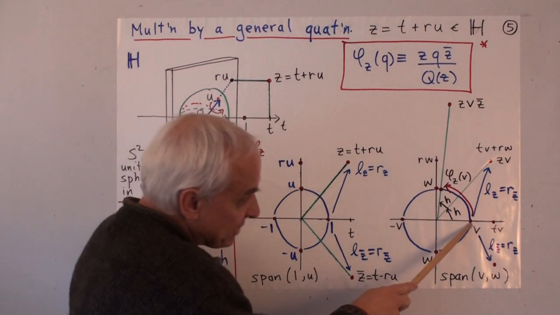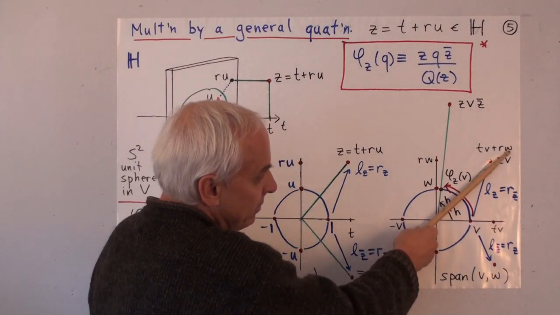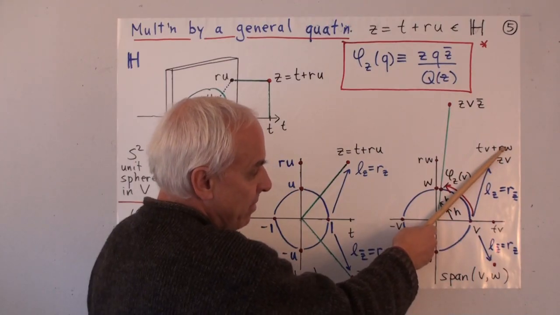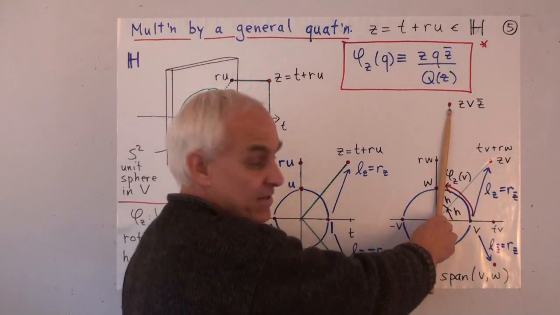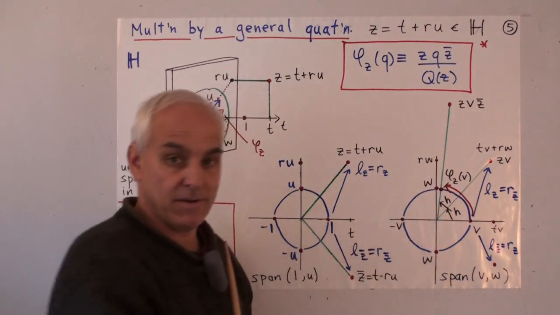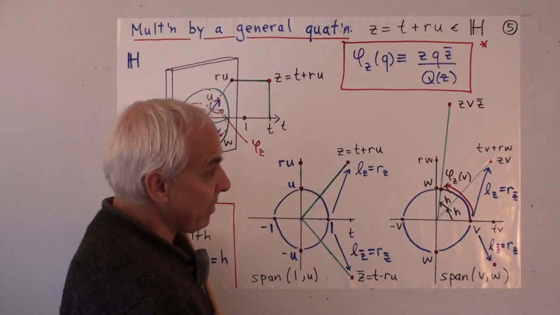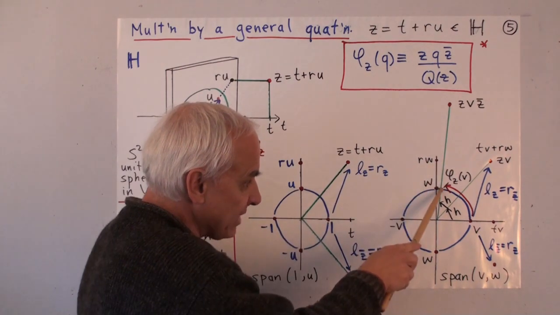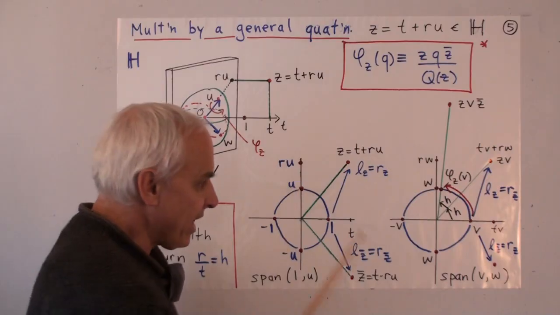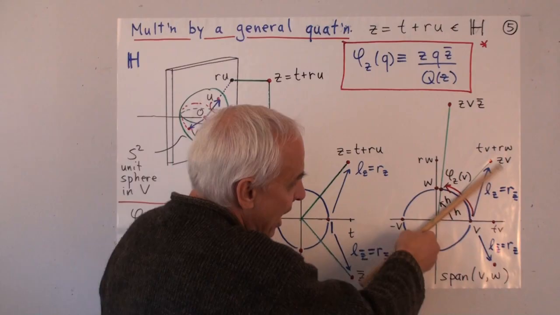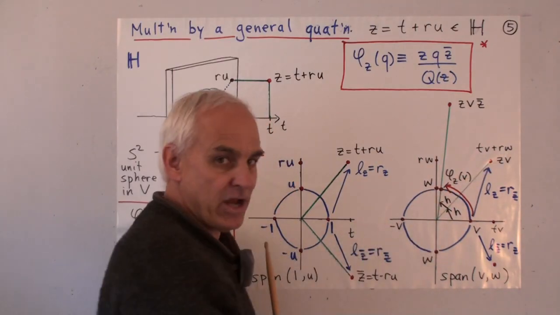So the effect is that, say, this vector v first gets sent to zv, a rotation dilation by that amount. And then when we multiply by z bar, we rotate and dilate again by the same amount and dilate it up as well. And then after we normalize by q of z, we are just normalizing back down to be on the unit circle, showing us that what we're getting is a rotation by essentially twice this configuration.